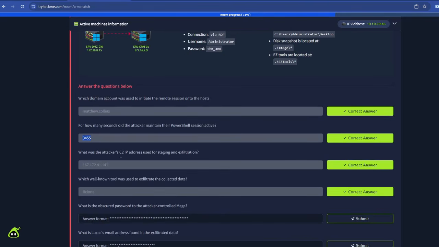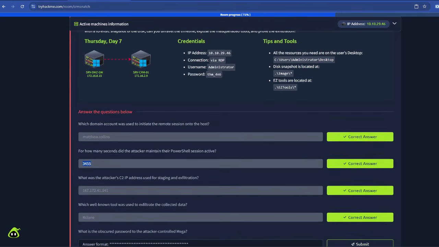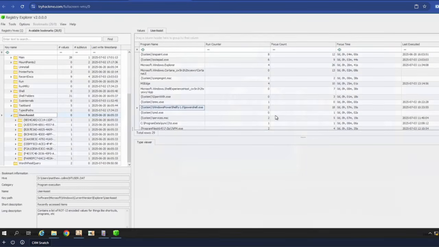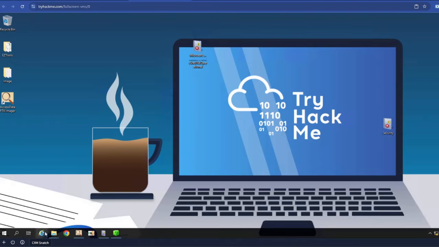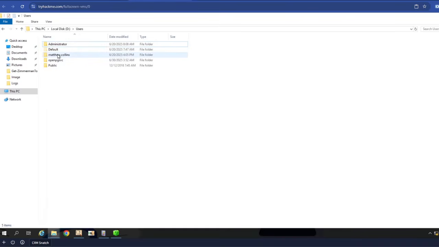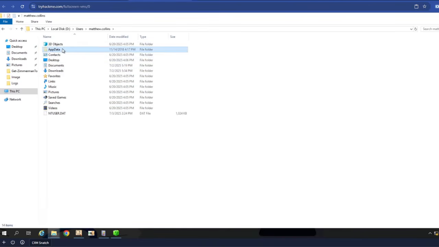What was the attacker's C2 IP address used for staging and exfiltration? Now for this one, the machine has a bit of delay, sorry for that. I'm going to have to head back to users and then locate Matthew Collins, click on app data, and from here,